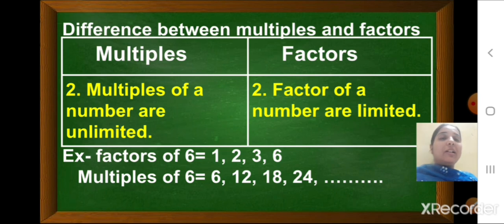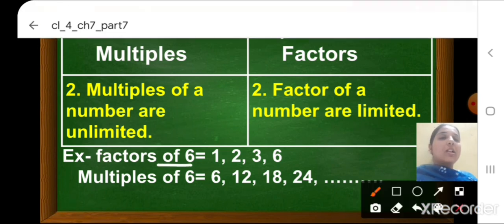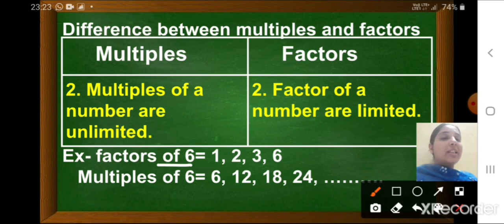For example, let us see here the factors of number 6. So what will be the factors of number 6? Which all will be the numbers which will divide number 6 completely without leaving any remainder? So we already know one is the factor of every number. Then 2 3s are 6. So 2 and 3 both are the factors of number 6. And then number 6 itself.